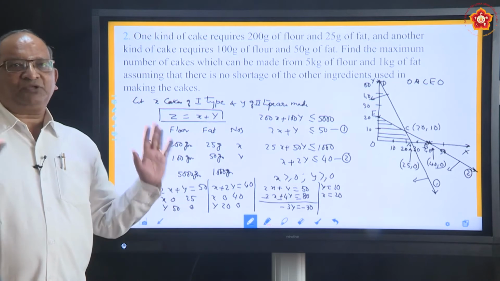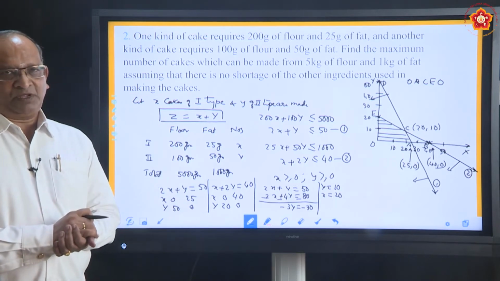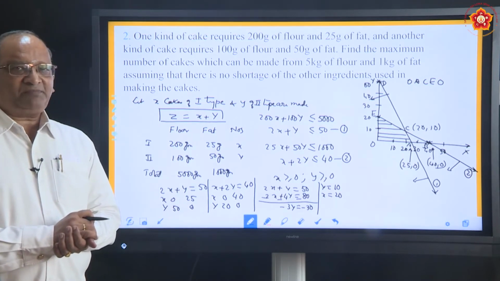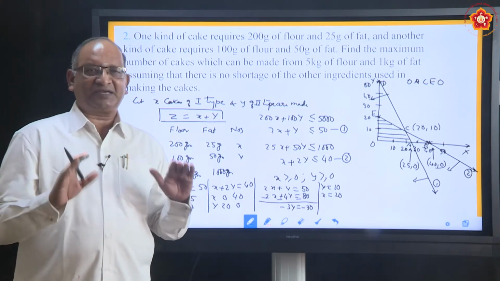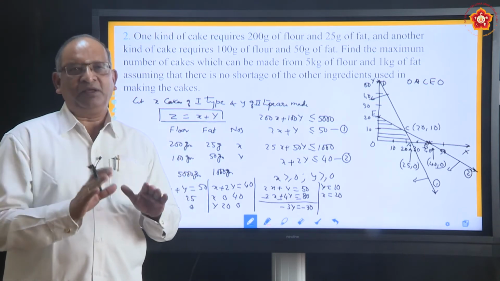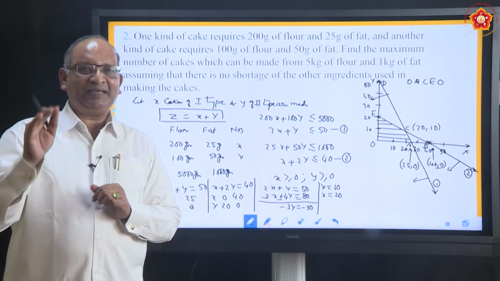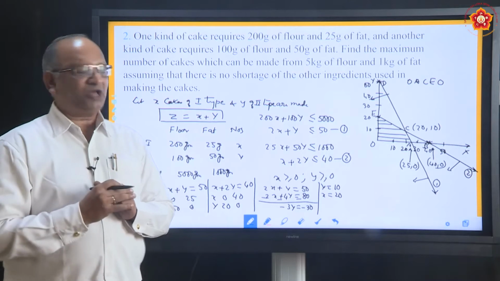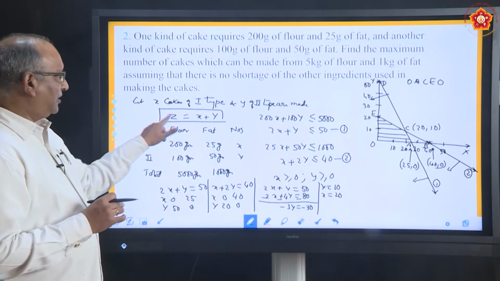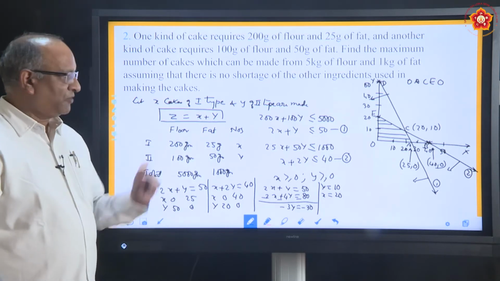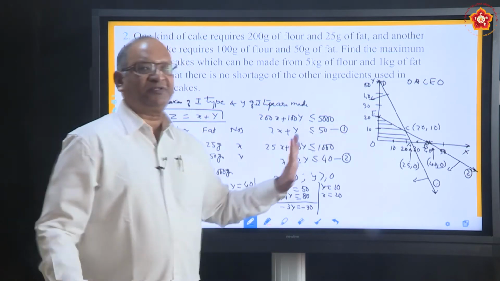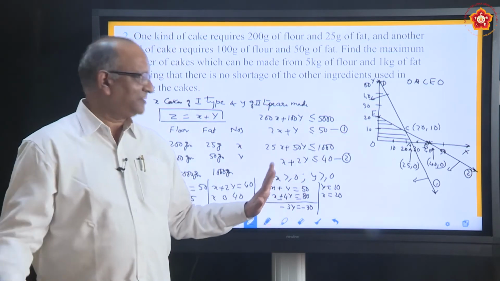We have almost come to the last part of the problem. What is the last part of the problem? After drawing the graphs, after shading, after knowing the corner points, we have to substitute these corner points in the optimization function. What is the optimization function? Z equal to x plus y. So, what is the first point? 0, 0. If you substitute, you are going to get 0, no point substituting.